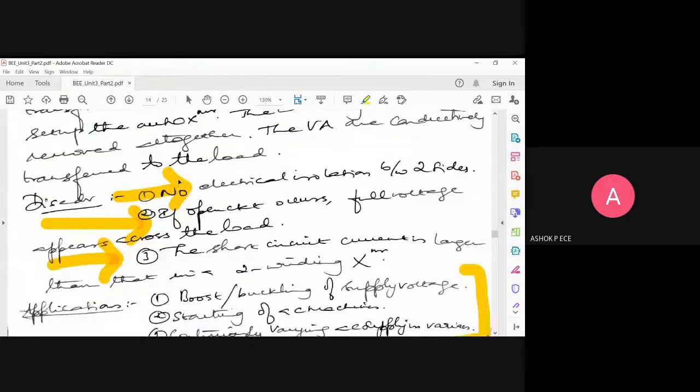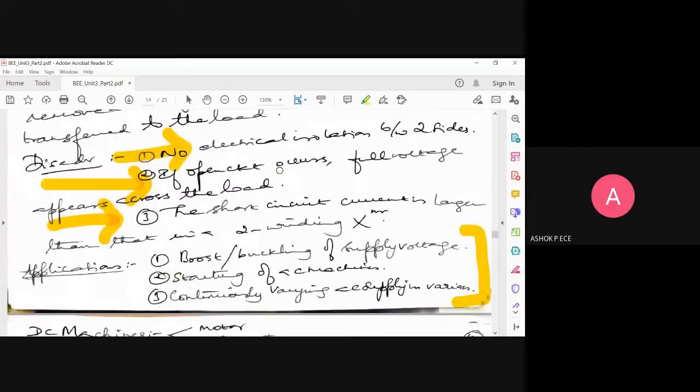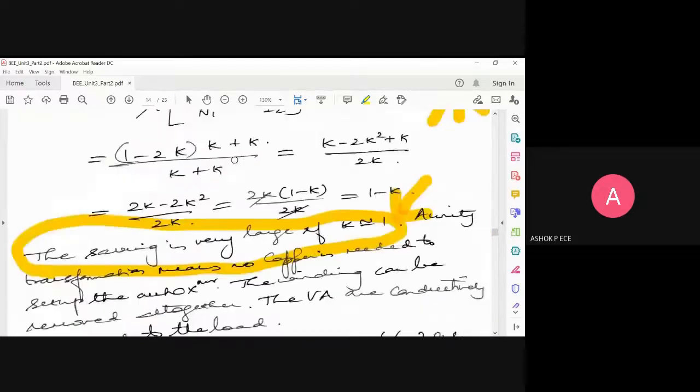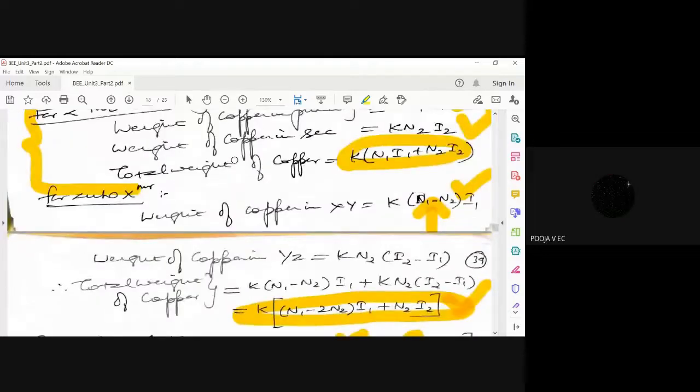If the question is for 13 marks or 16 marks, you have to write elaborately. If the same question is asked for 6 marks or 7 marks, you have to shrink and write what is required for 6 or 7 marks. Just because you have read everything, you should not write everything in the answer sheet. So please note that. So we have completed transformers fully. Yes, sir, you can. The floor is open for doubts.